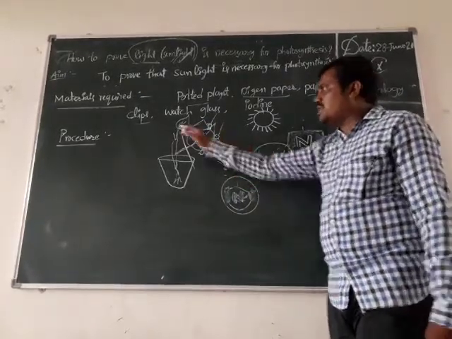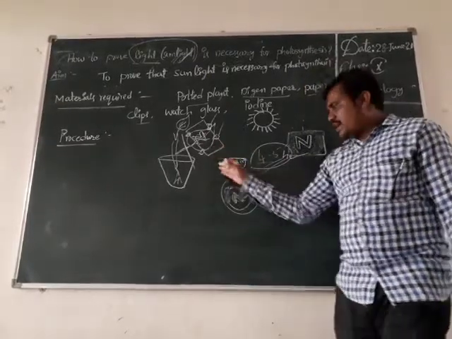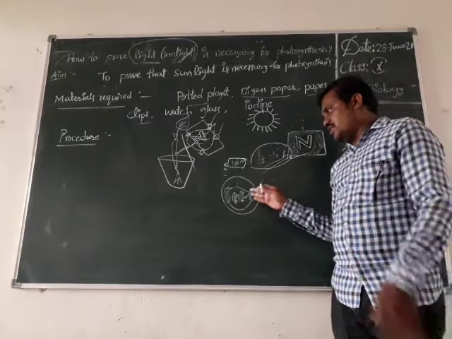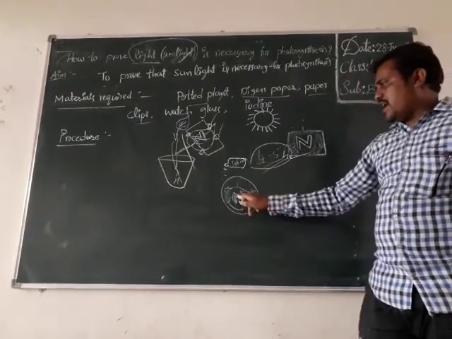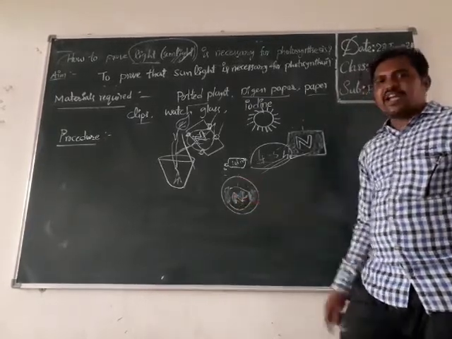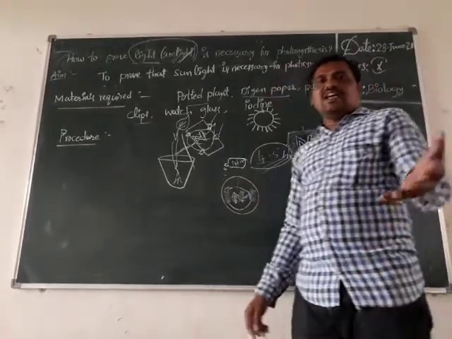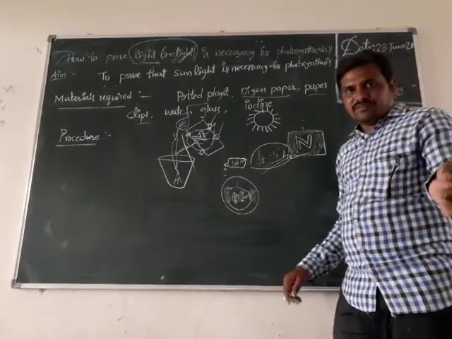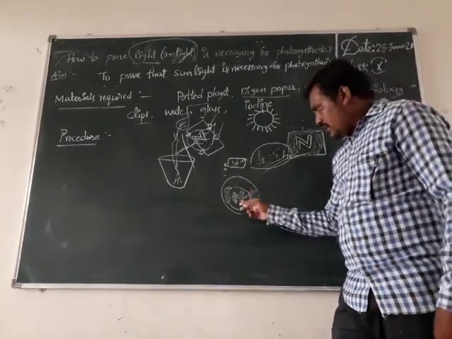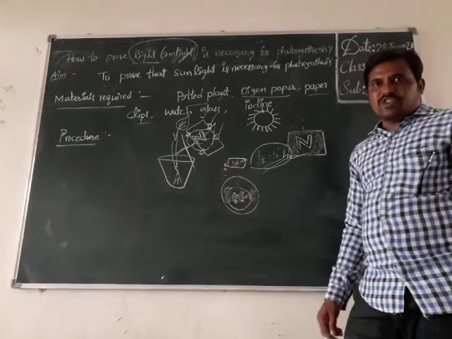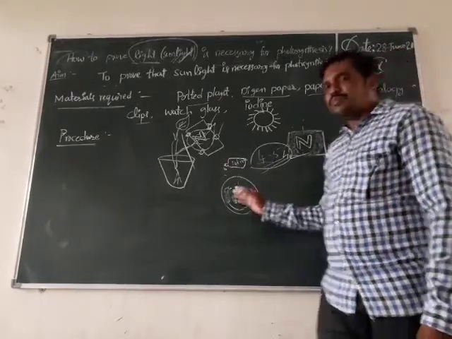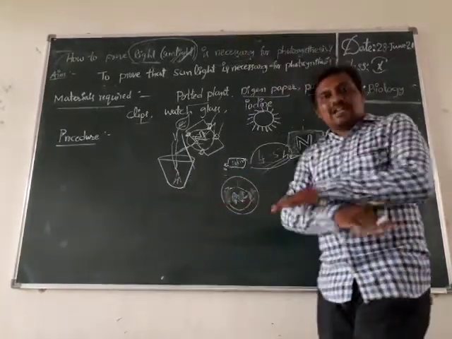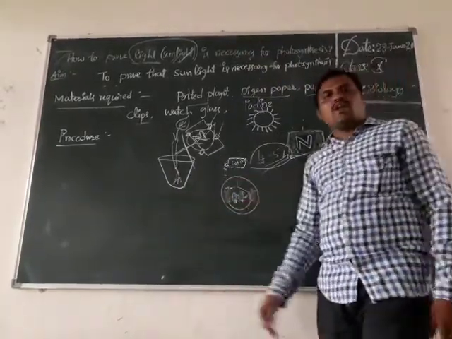After 4 to 5 hours, remove the leaf from the plant and test it for starch presence or absence. The design area and uncovered area turn blue-black because they obtain light with carbon dioxide and water. But the area covered by the black paper without design obtains only carbon dioxide and water, and no sunlight. Without sunlight, it is not turned blue-black.